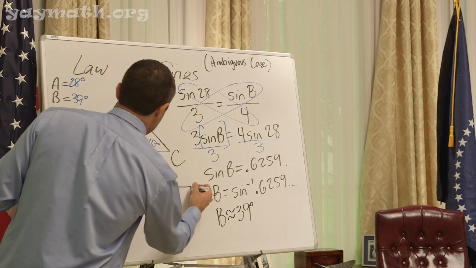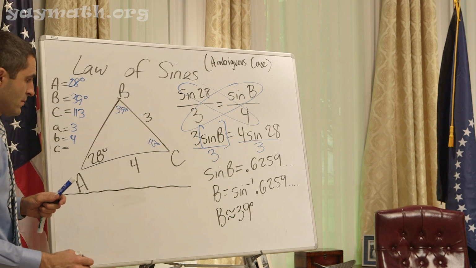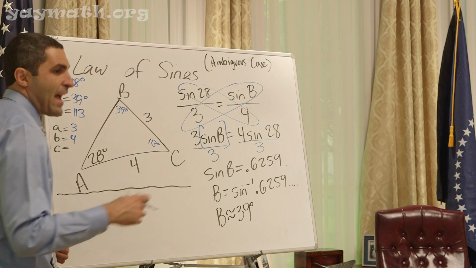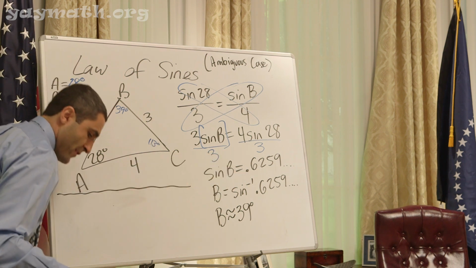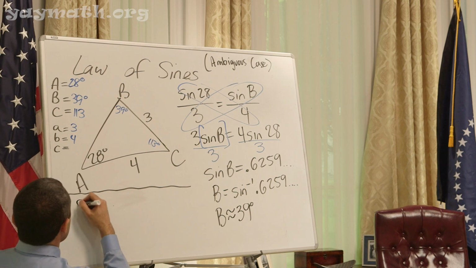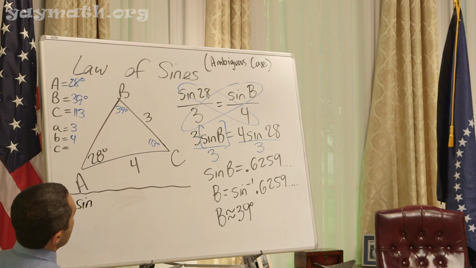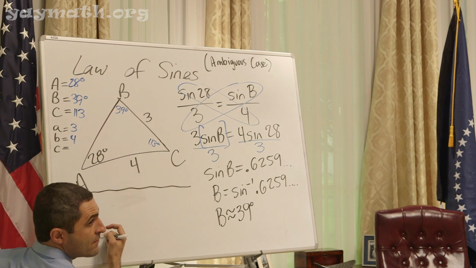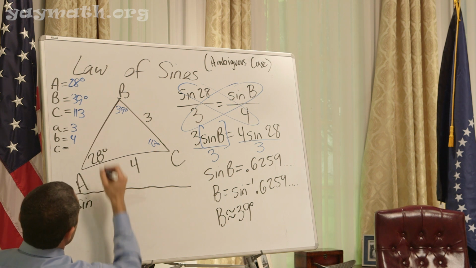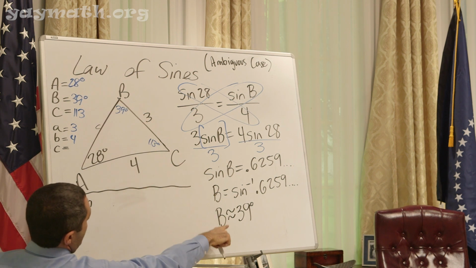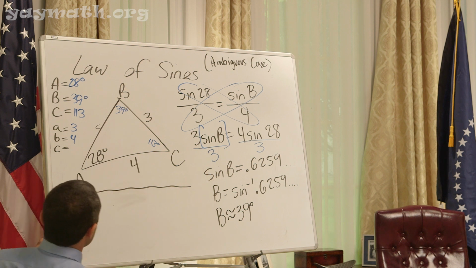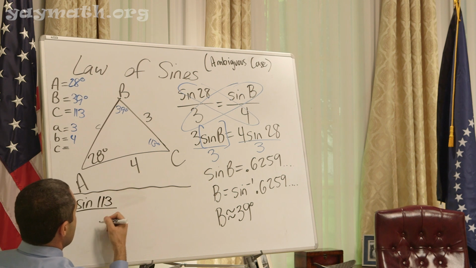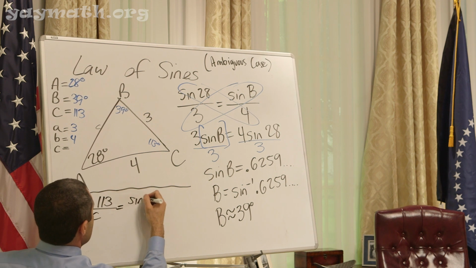Using given information, if we can, anyway. Can you use SOHCAHTOA here? No, because that's only for right triangles. Okay, so set up the law of sines for us. Sine of C, which we know. We know B, we got 39 for B. So sine of C, how many degrees? 113. Over which side? C. Very good. Equals sine of